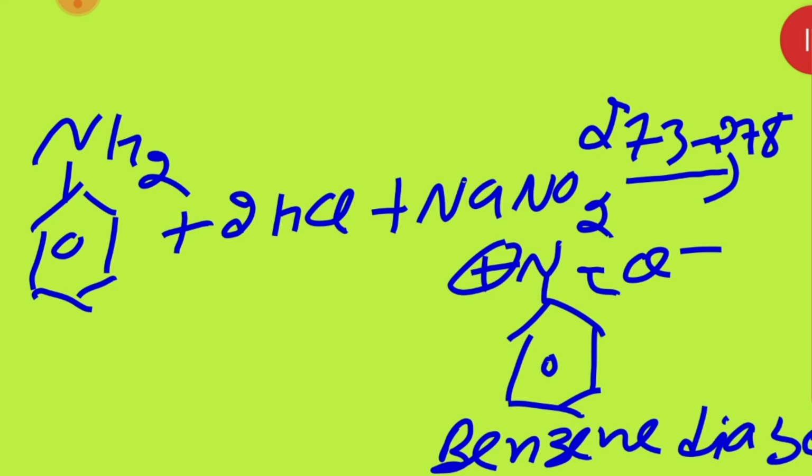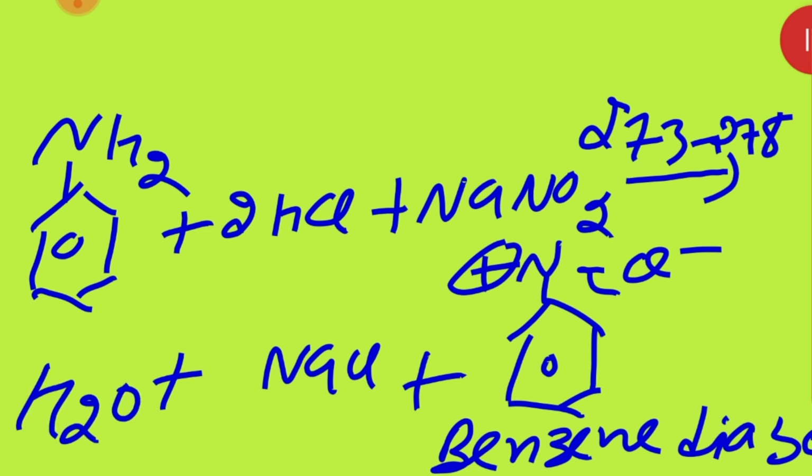Benzene diazonium chloride plus NaCl, then plus H2O. Clear? Are you getting my point, beta? This one we are forming over there, benzene diazonium chloride. And student, just remember one thing, if your temperature will be more than 278, means